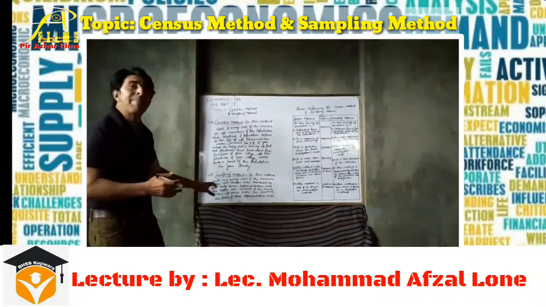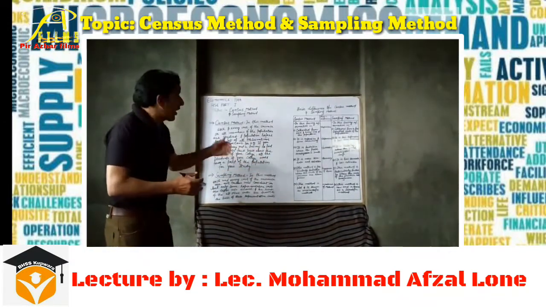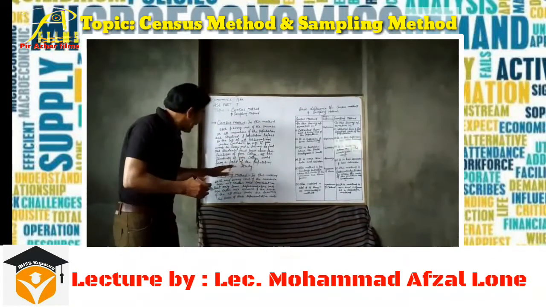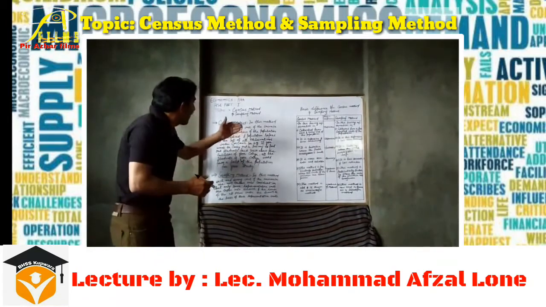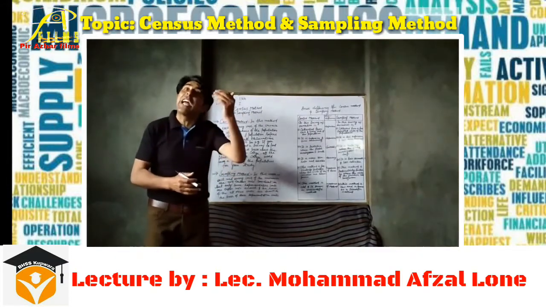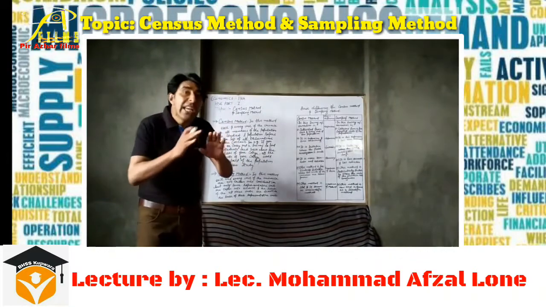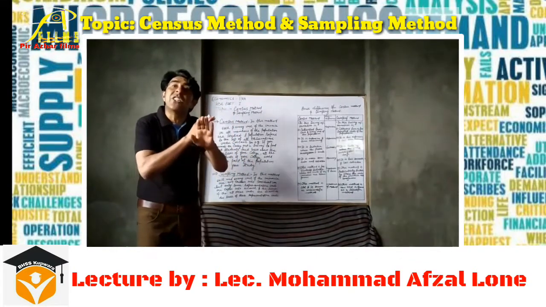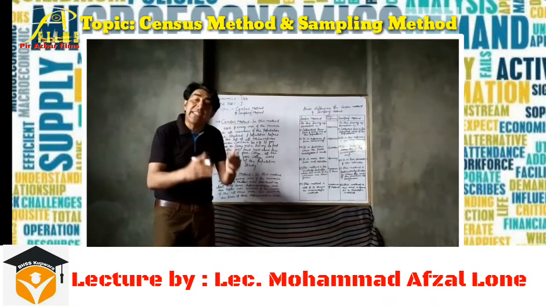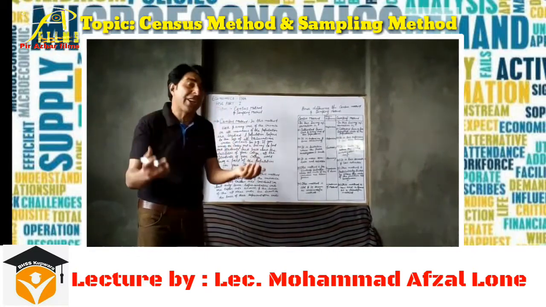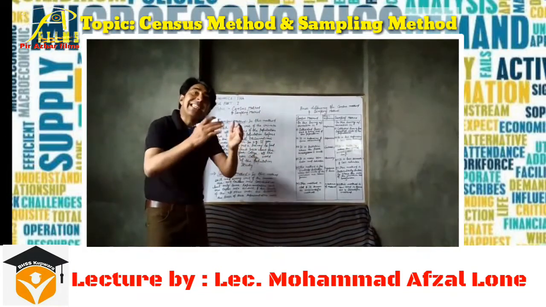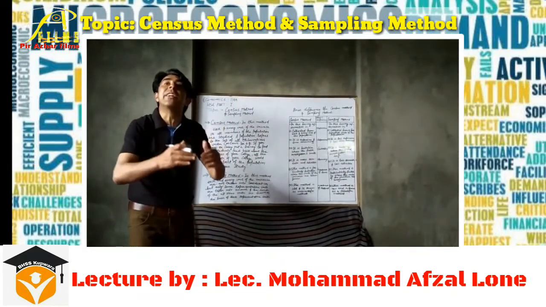Now we are coming towards the sampling method. This method is contrary to the census method. The survey taken under consideration in this method is completely different from that of census method. In the sampling method, unlike the census method, each and every unit of the universe is not taken into consideration, but only some selected representative units are taken, and the results of the whole universe under survey are studied on the basis of those representative units.